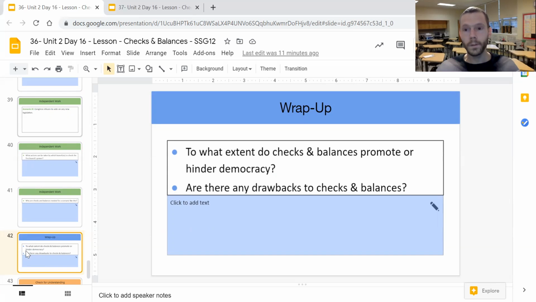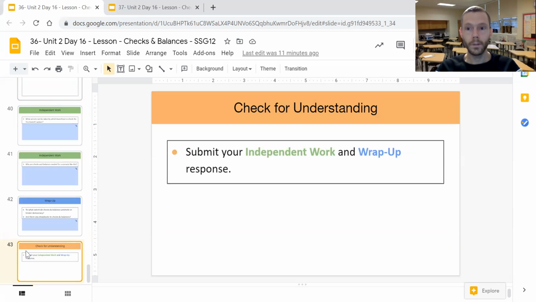So, for example, one of the scenarios illustrates a Congress that is unwilling to pay for a tax proposal that the executive branch has as part of, say, a federal branch initiative, a part of the federal budget. And there's really not much that the president can do other than to try to convince legislators to pass their budget resolution ideas. And then as a final check for understanding, students can submit the Google Doc into Google Classroom,